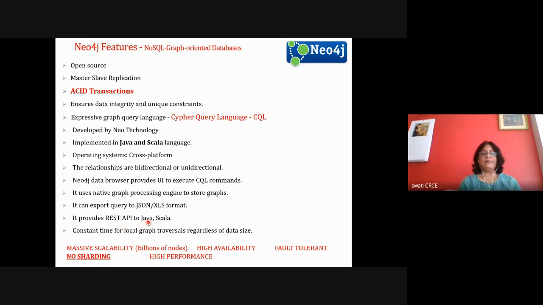So that means you are having your data in the form of a graph in Neo4j, and the APIs are provided to you, and even the APIs can be REST-based. REST-based API means they can be accessed via internet. So you can write a Java client which can use these APIs, and it can access your data which is there in your Neo4j through REST APIs.